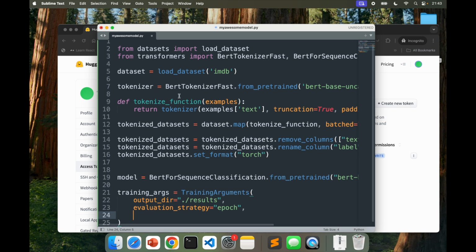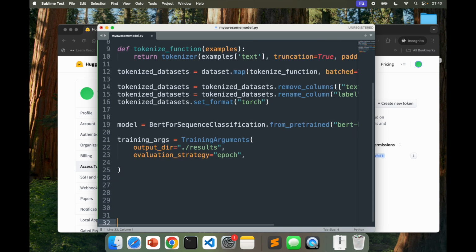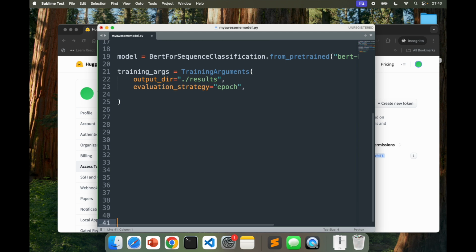I'm going to move this a little bit above so it's clear and in the center of the screen. Next thing that I want in here is the learning rate. So for that I am going to select a learning rate of 2e-5. That's what I'll set which is the learning rate, and then I'll say batch sizing for training, which is per